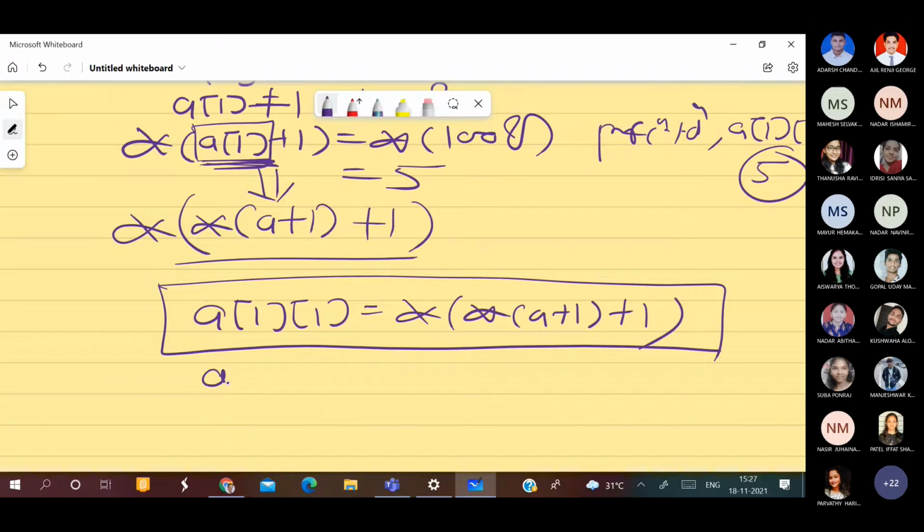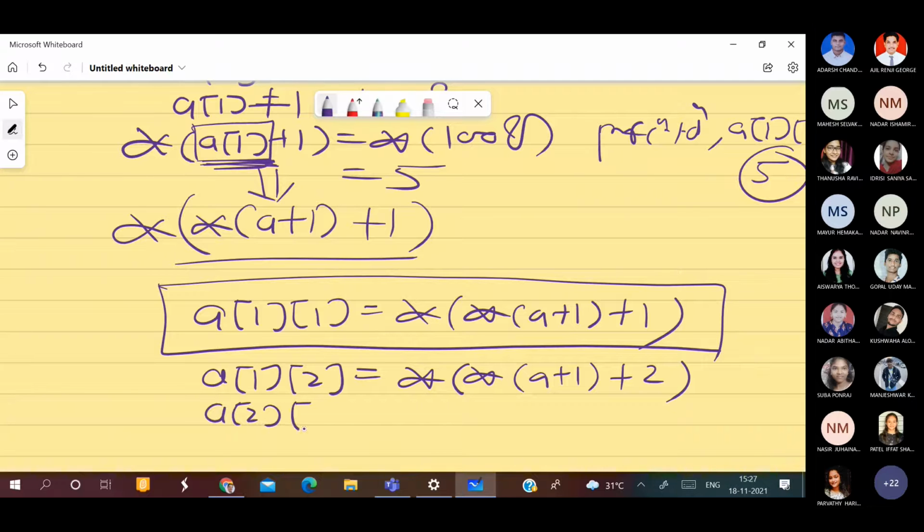Right? A of 1, 2 is nothing but star A plus 1 plus 2. A12. A22 कैसे लिखोगे आप? ये वाला A2 कैसे लिखेंगे? A plus 2 plus 2. Right?